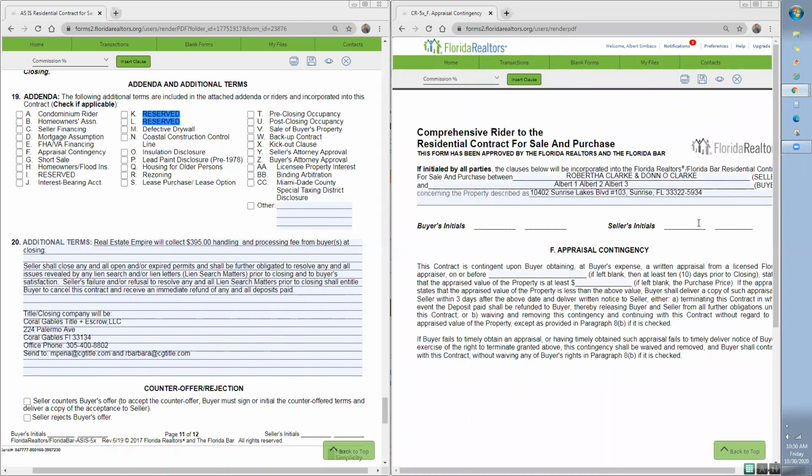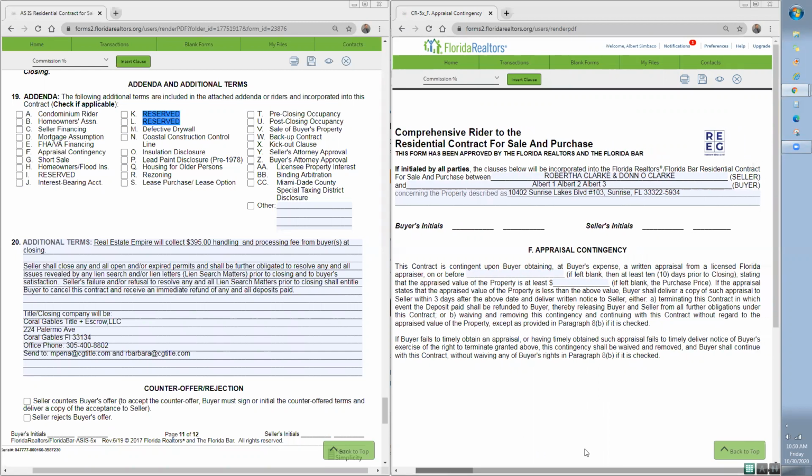Conventional loans or adjustable rate mortgages, balloon mortgages, anything that is not an FHA loan, you may get an appraisal contingency. There are some listings where you will read appraisal contingency not allowed, or something to that effect,